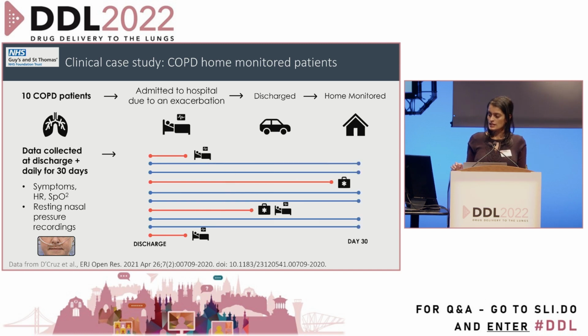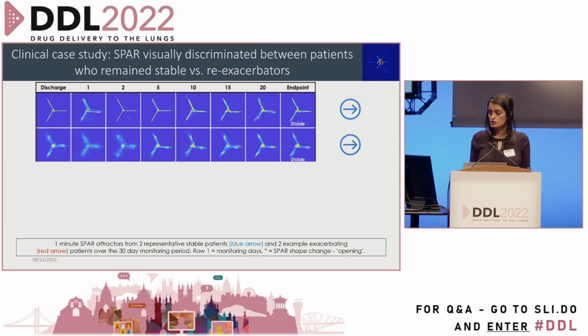And during that 30 days, 4 of the patients re-exacerbated and either came back into hospital or took a rescue pack, whilst 6 of the patients remained at home. So we wanted to see, could the attractor have discriminated between those groups? So these are 2 sets of representative attractors from 2 of the stable patients. So you can see, again, it's like a helicopter shape, it's 3-armed, and it remains like that for the entire